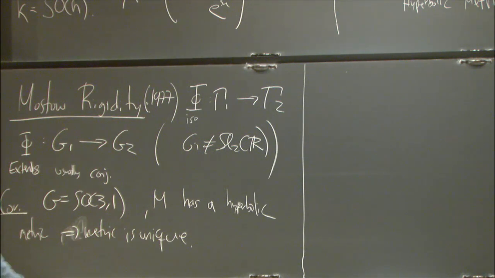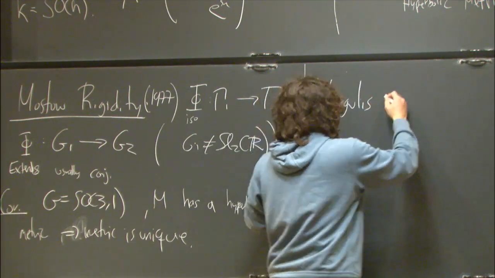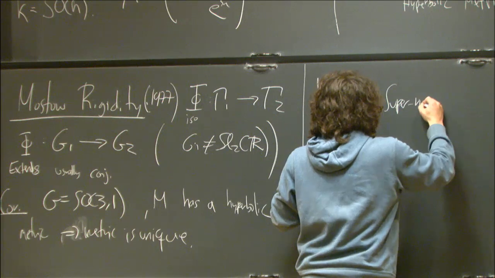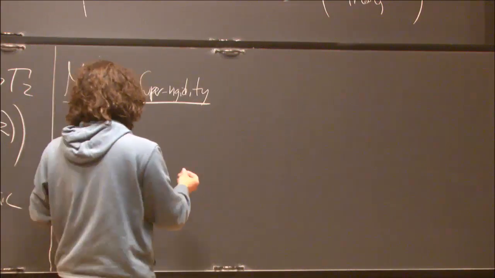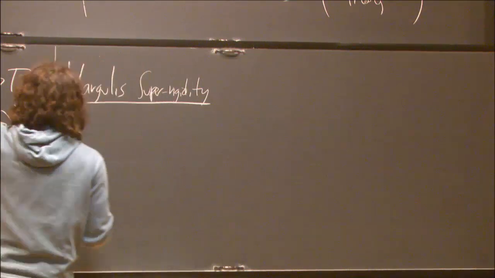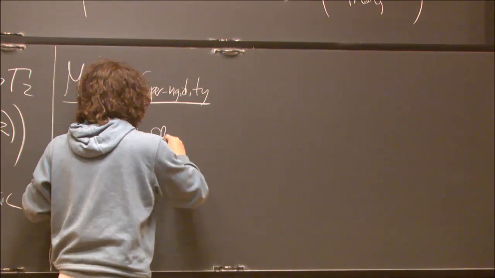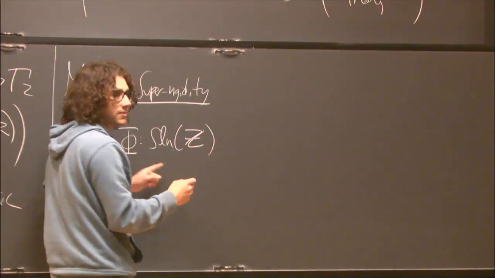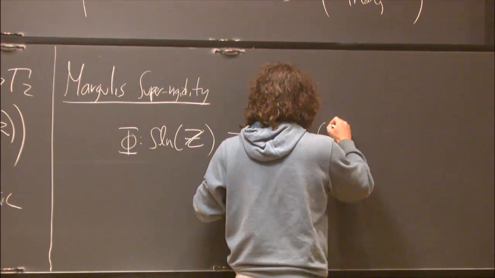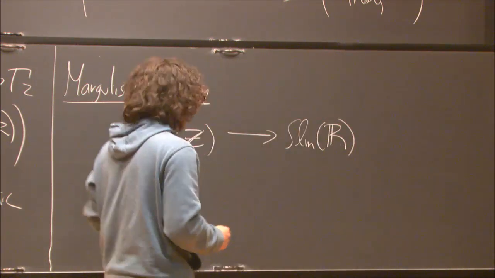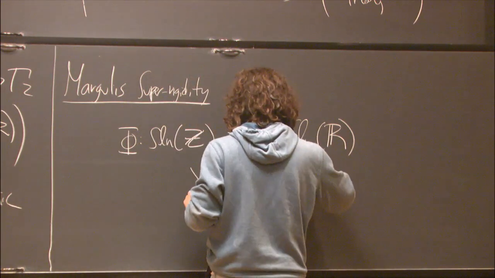So I'm going to say this thing that is Margulis superrigidity. That is a generalization of this, and it states the following. I'll just state it in the case of SLNZ. It states that if you have a group homomorphism from SLNZ into some SLMR, then this actually comes from some continuous